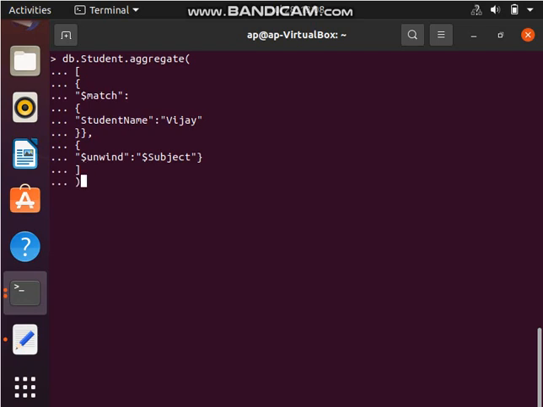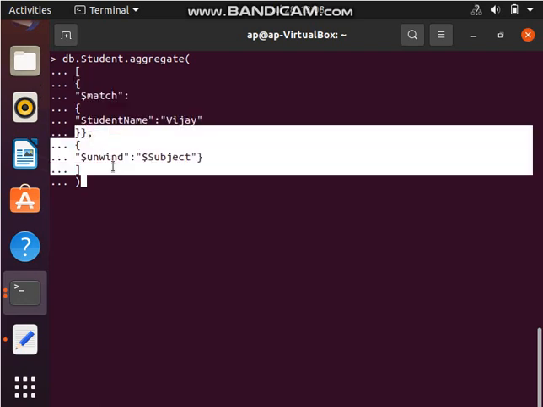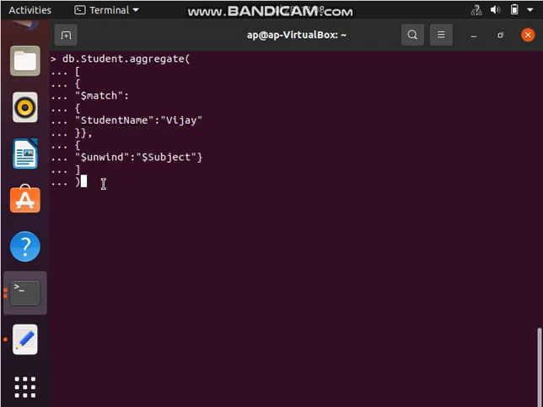Let's see, guys, we are done with this. In the first stage of this pipeline, we have just done the filtration process. Afterwards, the output of this will be sent as an input to the unwind, like a pipe operator of your OS, where the output of the first command will be sent as an input to the second command, right? So the output of this match will be sent to unwind, and let's see what we get.